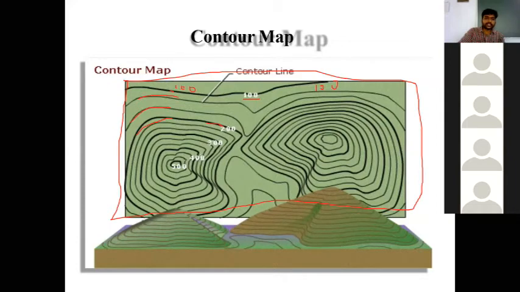So it is rising. Yes or no? 100, 200, 300, 400, 500. So when it reaches the top, it is going to be 500 meters high. Okay, 500 meters high. This is how we are going to make use of the contour line, by showing the topography view of the field.